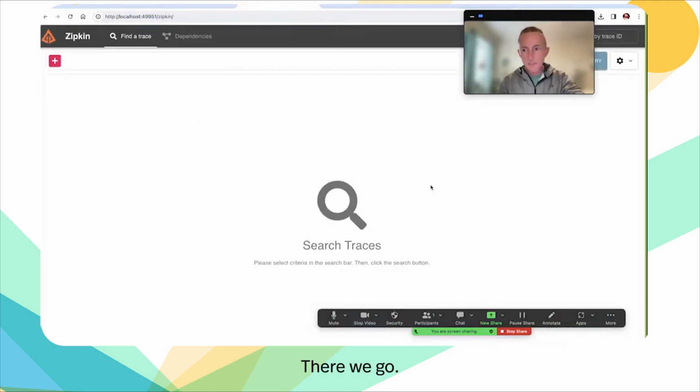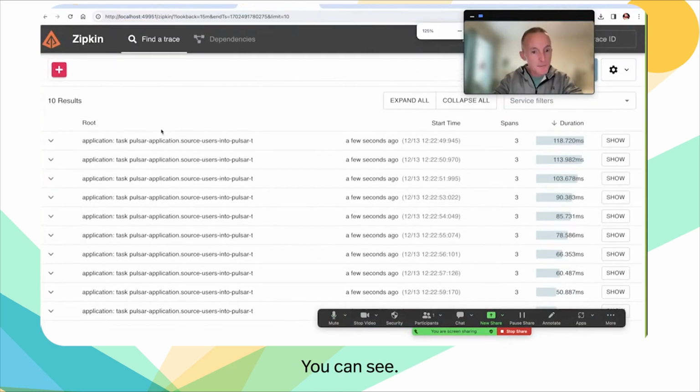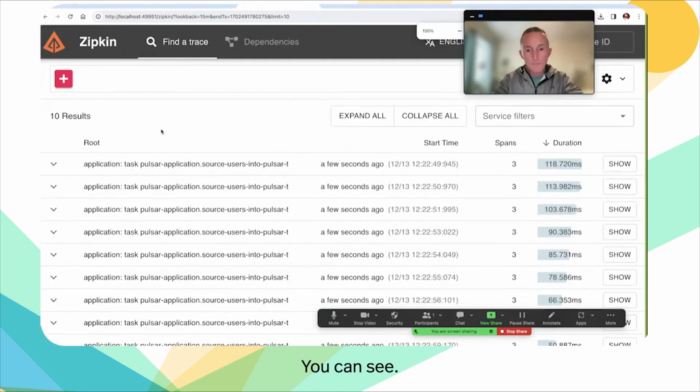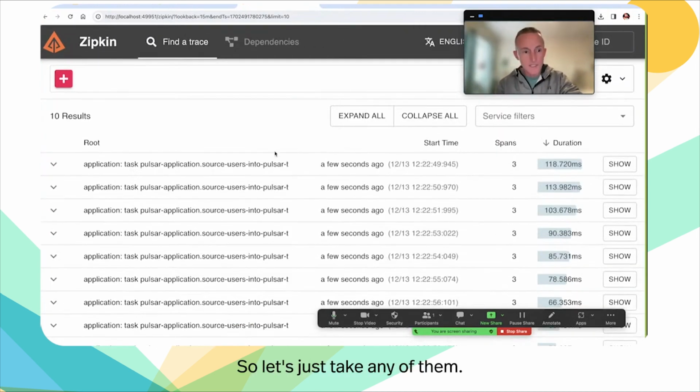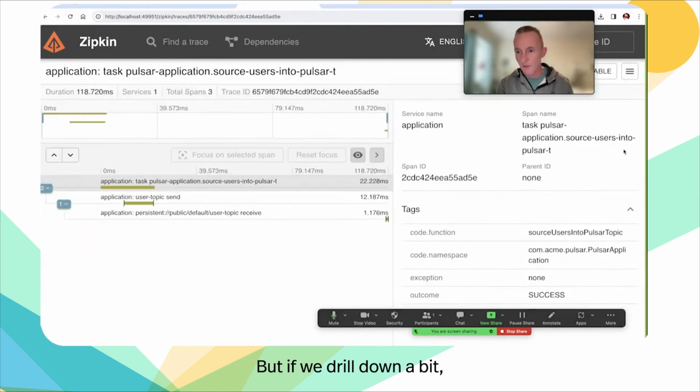Yep, there we go. Cool. We have a bunch of traces here. Let's just take any of them. This is the same pattern over and over. But if we drill in a bit, you'll see that there is